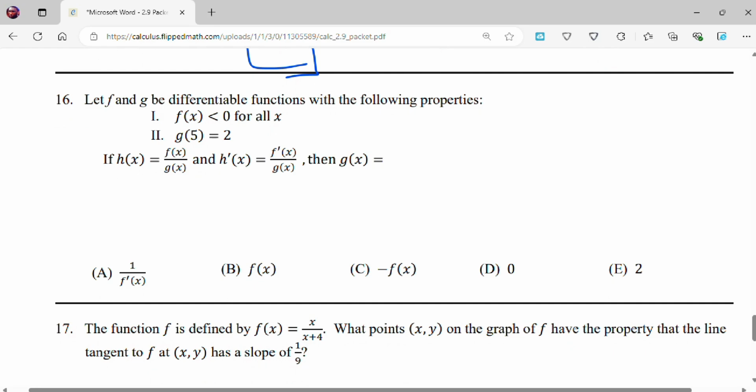Let f and g be differentiable functions with the following properties. F of x is less than 0 for all x, and g of 5 equals 2. Okay, so if h of x equals f of x over g of x, and h prime equals f prime of x over g of x, and g of x equals,